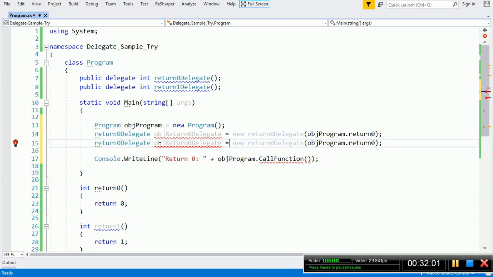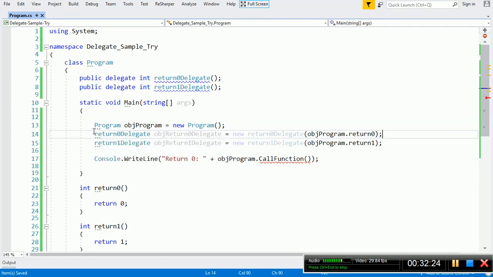These are the things which you have known already, or you should know already. If you didn't know how all this works, go to my previous lectures and watch how it all works. Here I will register it with return 1.